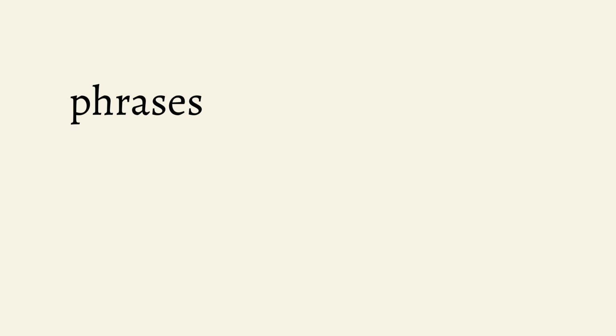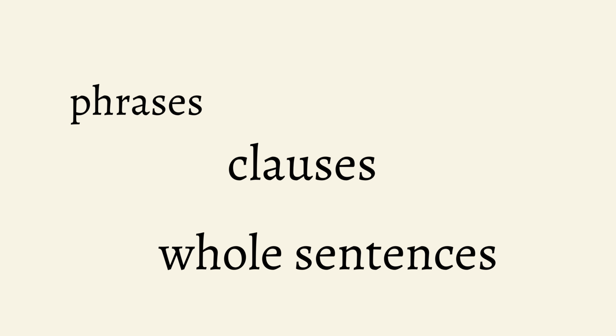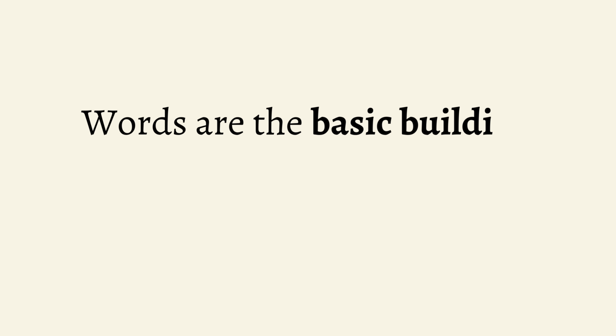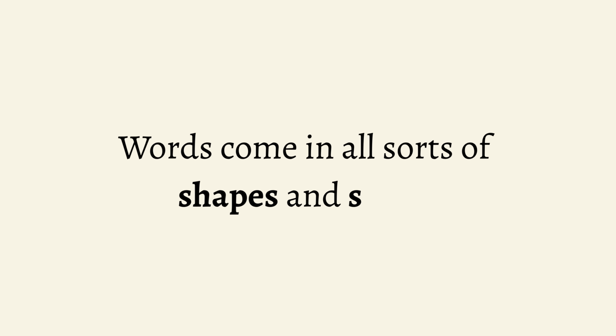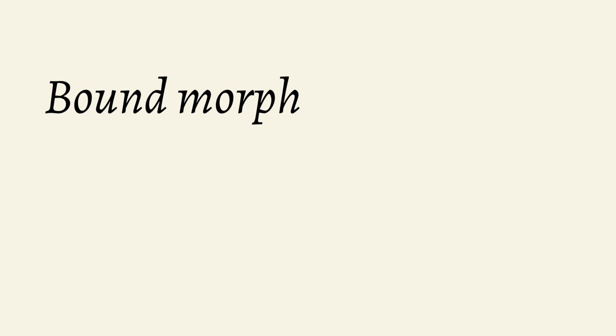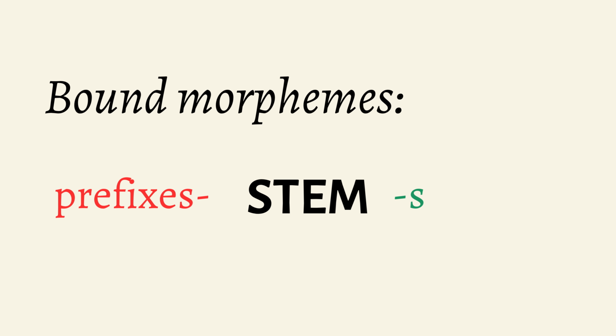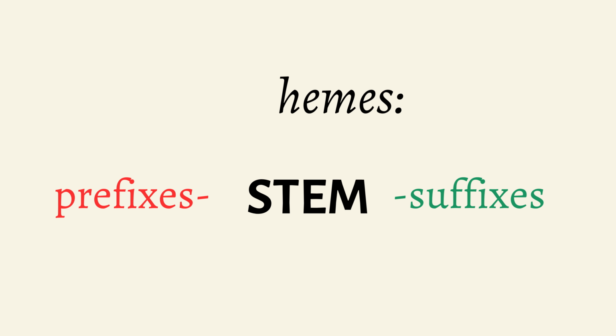We combine words into phrases, clauses, and whole sentences. In that sense, words are the basic building blocks of all oral and written communication. Words come in all sorts of shapes and sizes. Some are free morphemes, words like rabbit, jump, or nice. Others are bound morphemes, usually prefixes and suffixes, which combine with free morphemes to form words such as uncomfortable, rewind,